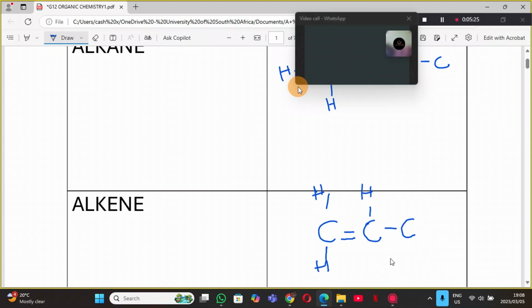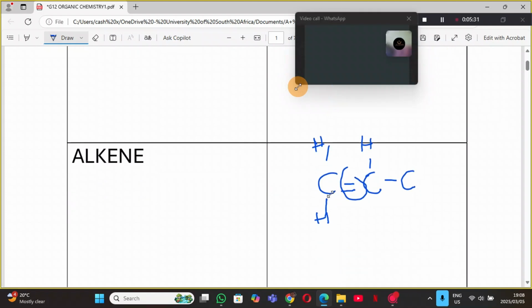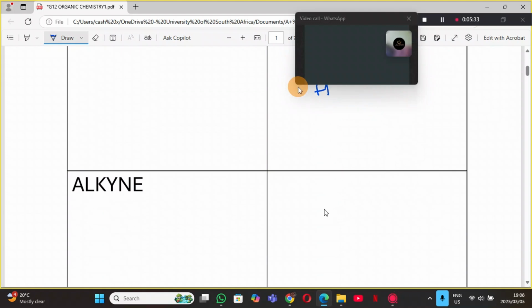So because an alkene has 2 bonds between the carbons, now an alkyne has 3 bonds. Right? And the carbon has to have 4, meaning this one remaining has to have 1 hydrogen. And then if this compound was to continue, should this carbon have anything else connected to it? No, because it already has 4 bonds. So meaning this would be an alkyne. So now those are your functional groups for the